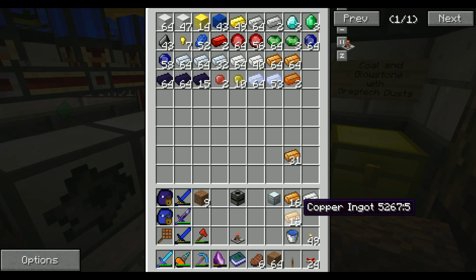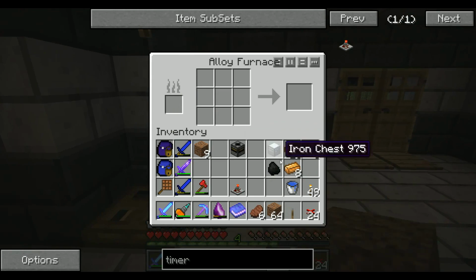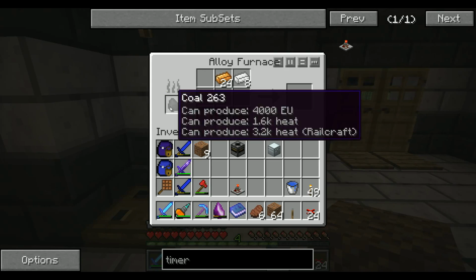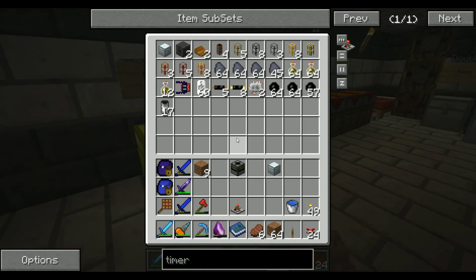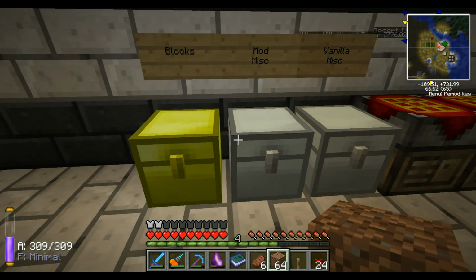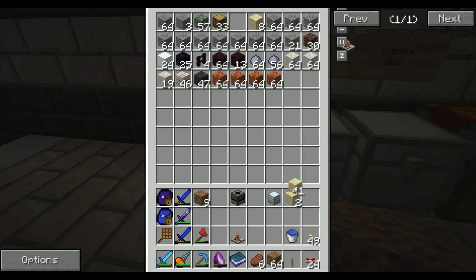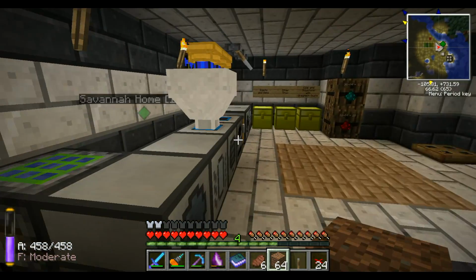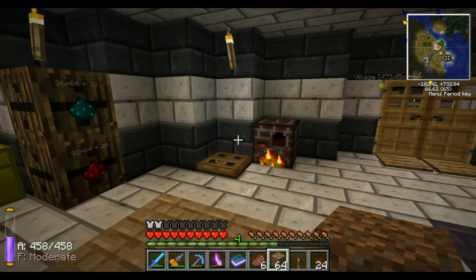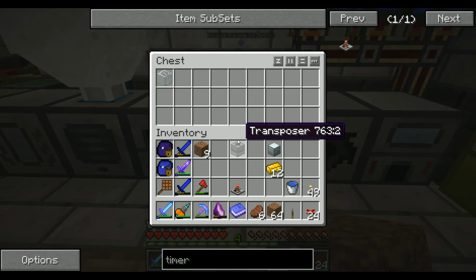And copper. About that much. And 1 piece of coal. Like so. I'm actually going to need some more glass, too. Well, where'd my glass go? Don't have any more glass, so I need to cook up more glass. There we go. We don't need that much brass, so...